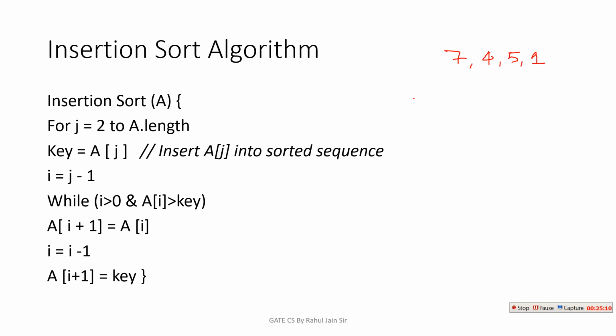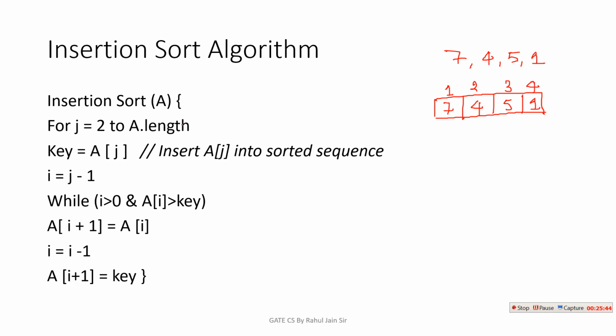Okay, so I am discussing the insertion sort algorithm here. Very important algorithm, guys. Focus completely here. If you are facing any doubt, don't worry, you will ask me. I will solve your queries as many times as you ask. But before that, focus 100% here. I am putting these numbers into the array, like 7 is here, after that 4 is here, 5 is here, and 1 is here, and indexing should start from 1, 2, 3 and 4.